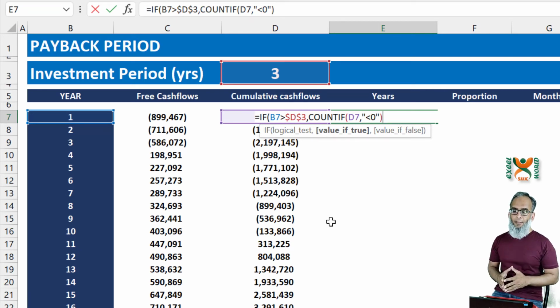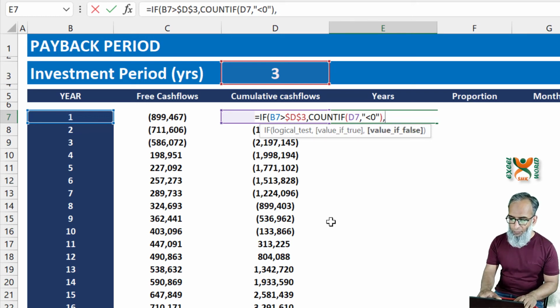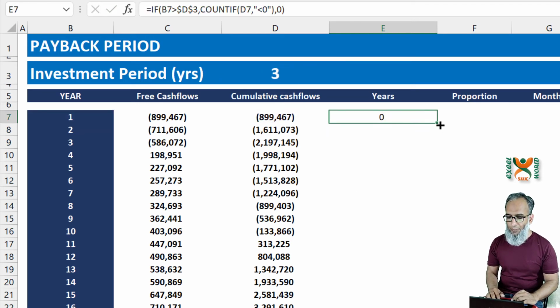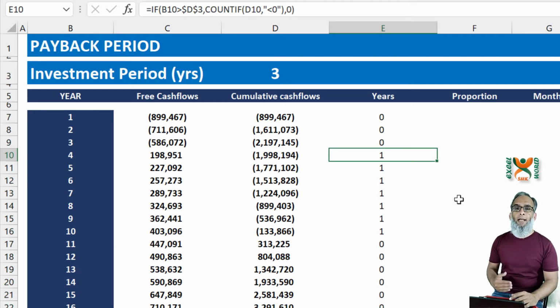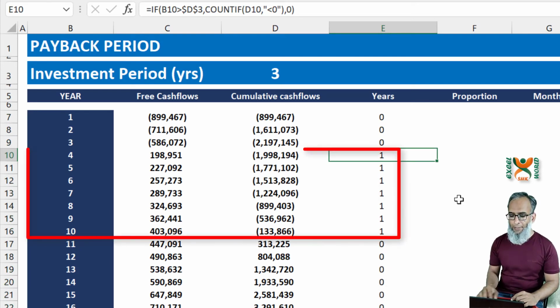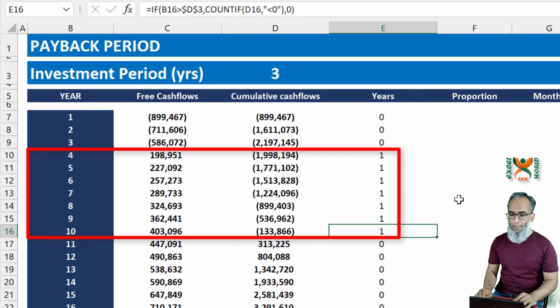So we are saying that if it is beyond your construction period and your cumulative cash flows are still negative, then it is your payback period 1. Otherwise, we want it to return 0. And we can copy it to the rest of the cells, and you can see that the 4th year is counted as your first payback period, and so on up till your 10th period,